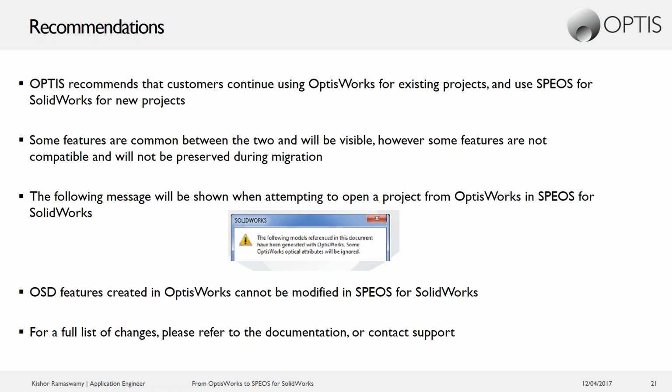some of the settings that were not in common will be reset to their initial default value, and you may have to go through your project and check all of the simulation settings and meshing settings to ensure that nothing that was necessary has changed. It is possible to do. I have done this with several projects that I was working on in OPTISWORKS, but it does take some time,